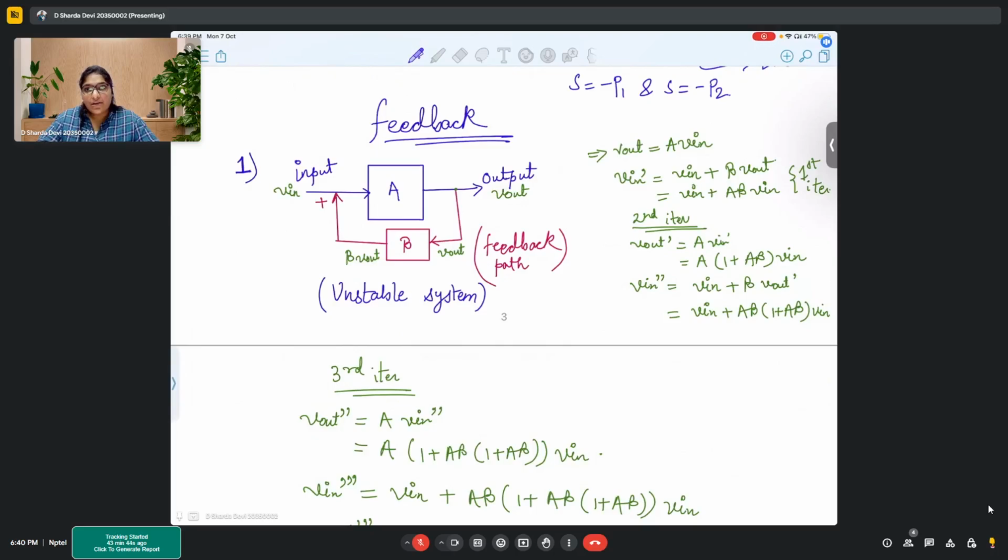I understand where you are coming from, because if it is less than 1, these factors will become smaller and smaller, so it will not go out of bound. That is true. But generally, we don't have systems with gain of less than 1. It's very rare,